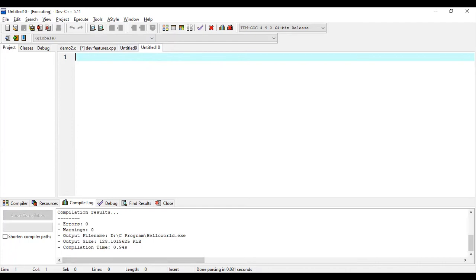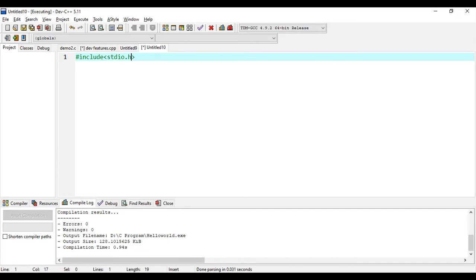To write the program, first we need to include a header file, that is #include, open angular bracket, that is lesser than symbol, followed by stdio.h.